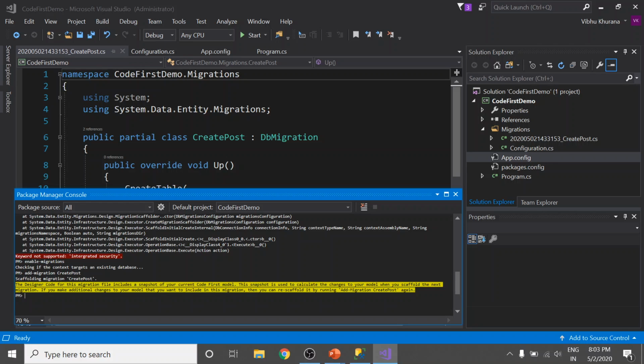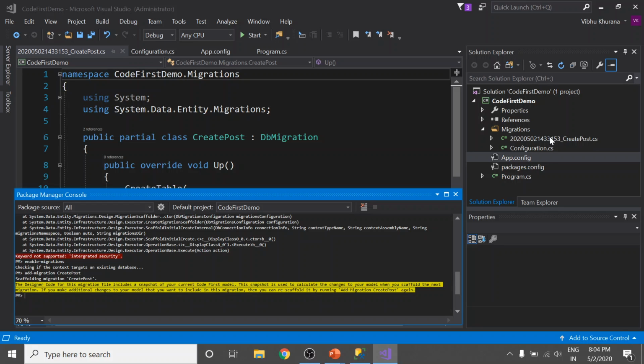Let's see what happened. So I should go back to the Solution Explorer, and here you see we have got two files under the migration folder. The first one is my migration file. Note that it has a date timestamp and a description, and this is very similar to the migration script that we created manually in my last video. Remember, I had to create a change script there. This is exactly the same process but in a more automated fashion.